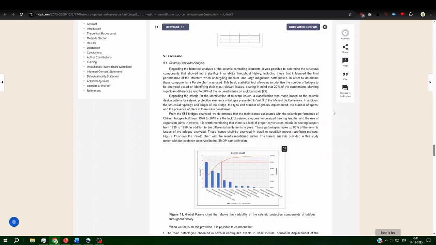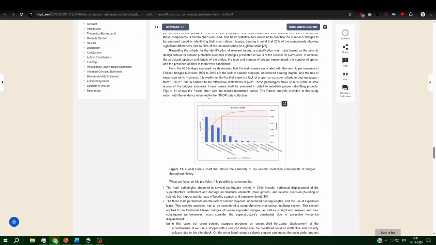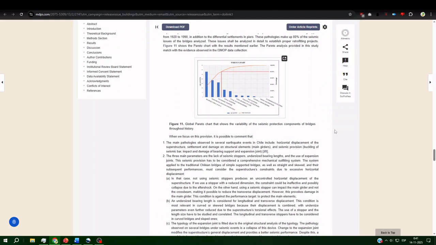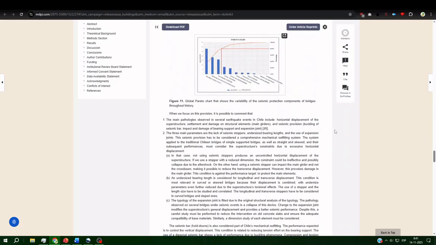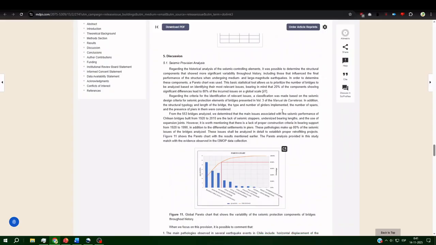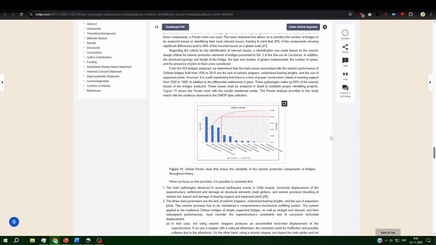In this example, a research paper used a Pareto chart to identify which seismic related deficiencies account for most of the problems observed in Chilean bridges, using data from more than 500 bridges between 1920 and 2010. Each structural component and seismic protection element was classified according to national design criteria. After ordering